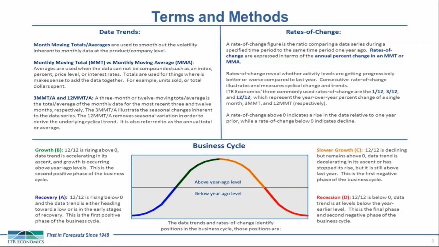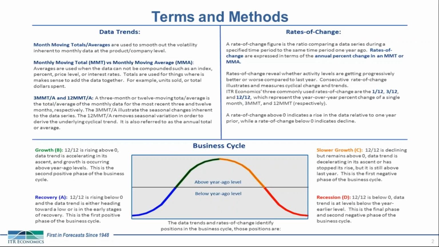So while things are declining on a year-over-year basis, they are becoming progressively slower and slower in their pace of decline. Once that 12-12 upward passes the zero line and transitions to year-over-year growth, we define that as phase B, accelerating growth. Phase B is defined as when the 12-12 is above the zero line, so there is year-over-year growth, and the pace of rise is getting faster and faster, so that 12-12 is rising.